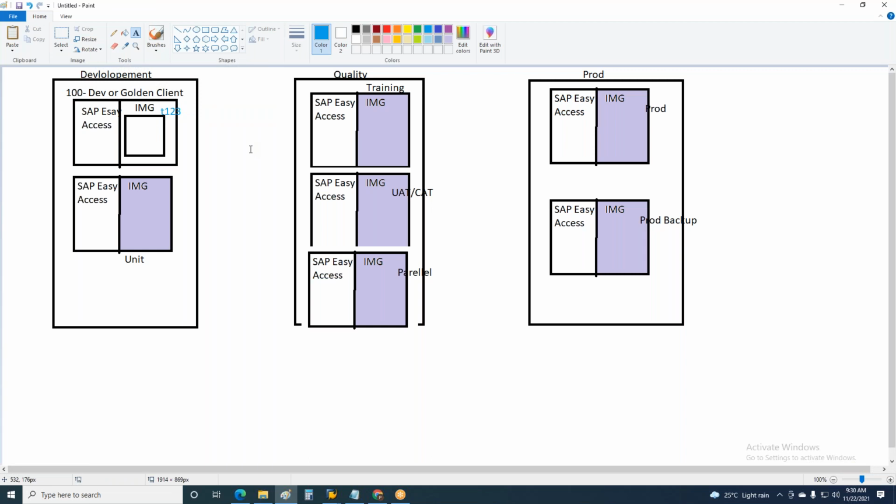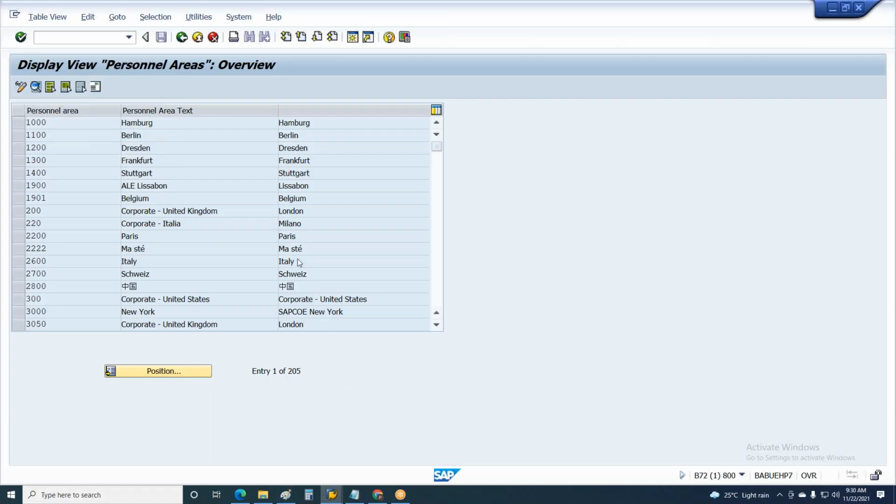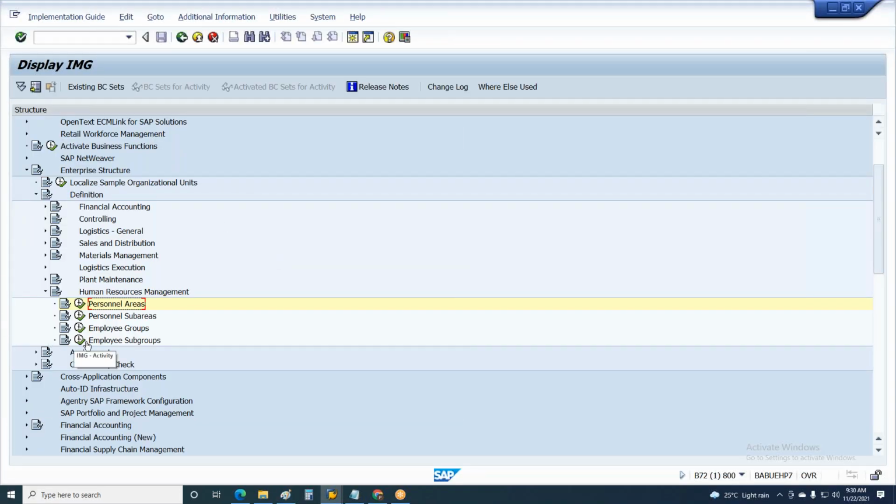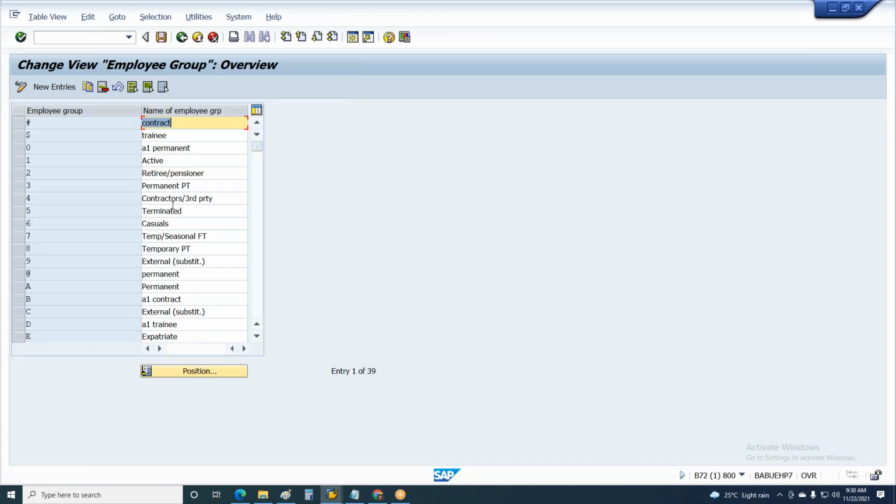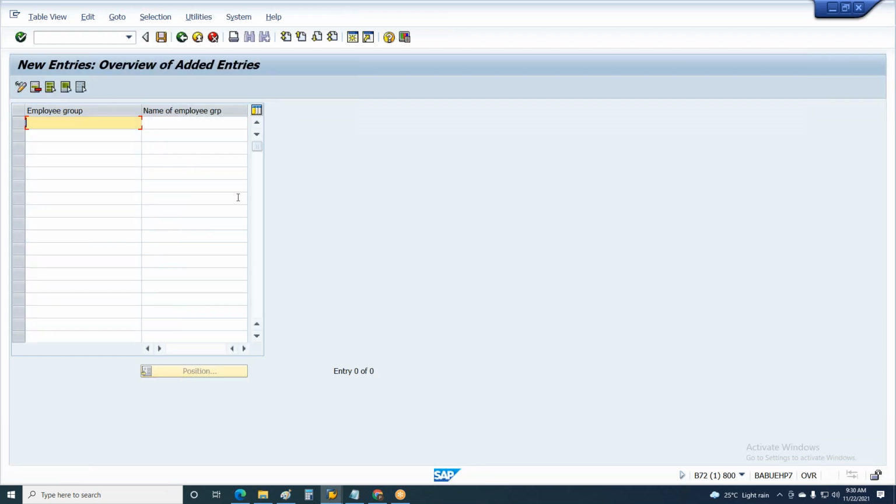In this table, I'll show you a simple table. Any table. I go to new entries and I add an entry, Z or star. I'm adding some symbol and its text, contract employees. The moment I click on save,